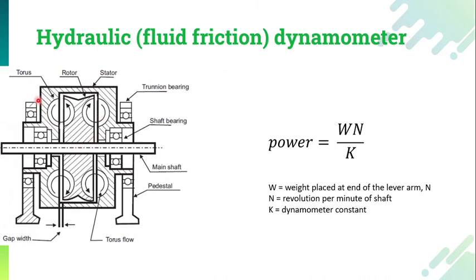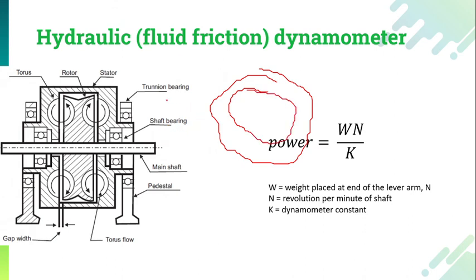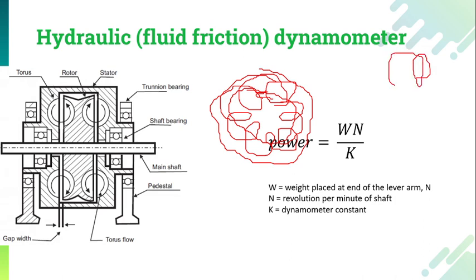So due to the rotation, what will happen? The very first thing, this fluid will rotate something like this. If I show you the side view, this is a circular disc and the fluid is going to rotate something like this in this circular disc. So it is going to be rotating in a circular manner. This is how the fluid is going to be rotated. The direction of the fluid will be something like this.